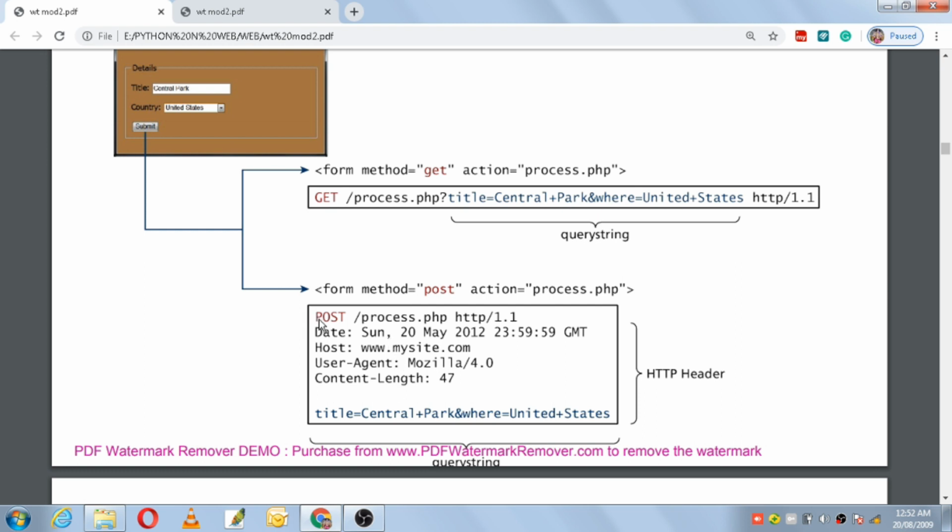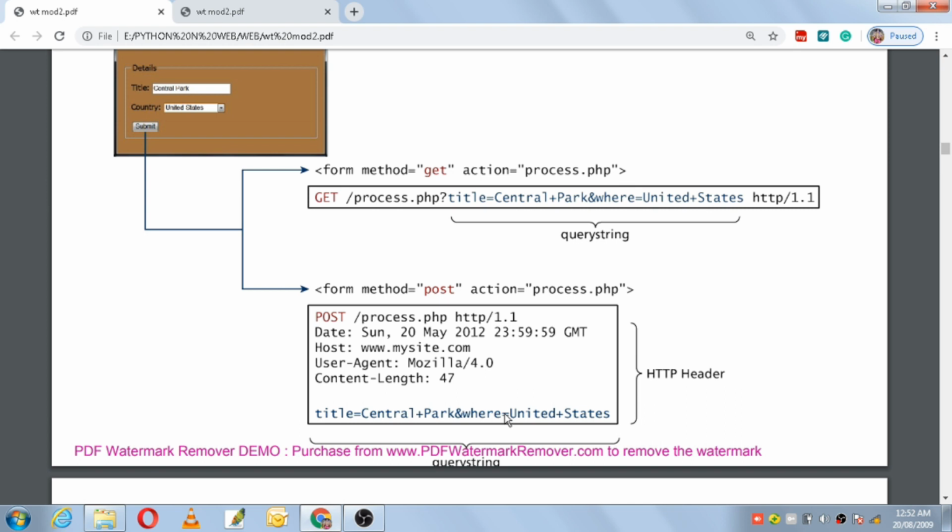Okay, you have an HTTP method here. So what is the first line in the HTTP header? The method uses post, then the server-side code process.php, and it is an HTTP request. Then you have some HTTP variables here. After the HTTP variables, we will be sending the query string.